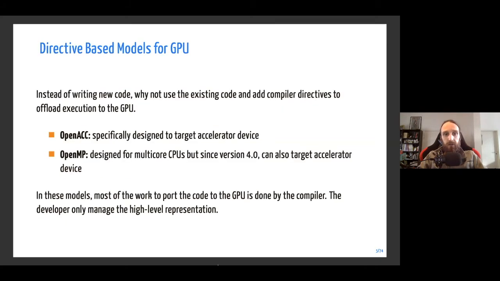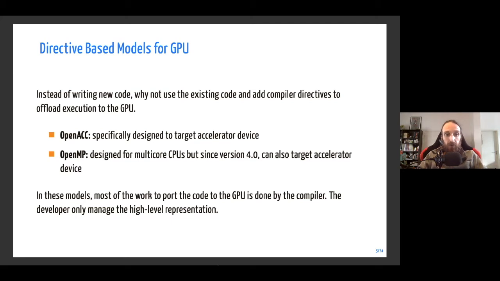The idea with directive-based models is that instead of writing new code, you can use your existing code and add compiler directives to offload the execution to the GPU. In this session, we will discuss two models, which are OpenACC and OpenMP. OpenACC, which stands for Open Accelerator, is specifically designed to target accelerator devices. It may be something other than a GPU. It can be an FPGA or an Intel Knights Landing device. It's not limited to the GPU, but at least it has been designed from the ground up for